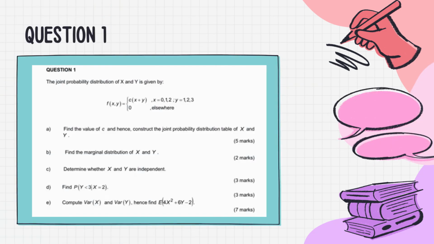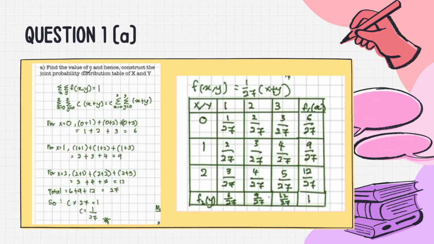We begin with question number 1. In this question, we are given a discrete joint probability distribution defined by f(x,y) equals c(x plus y), where x takes the value of 0, 1, 2 and y takes 1, 2, 3, and 0 elsewhere. We begin by finding the value of the constant C and then constructing the joint probability distribution table as required